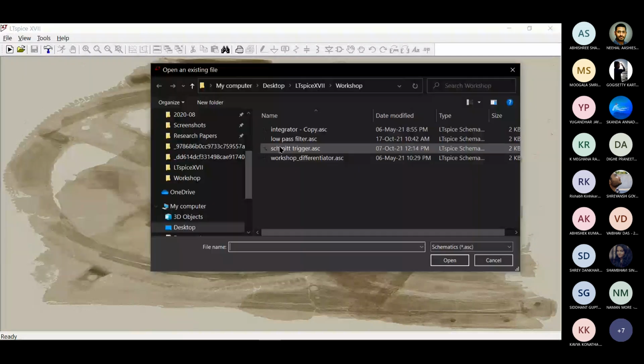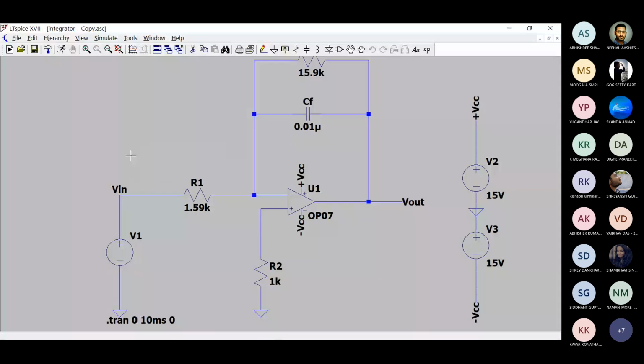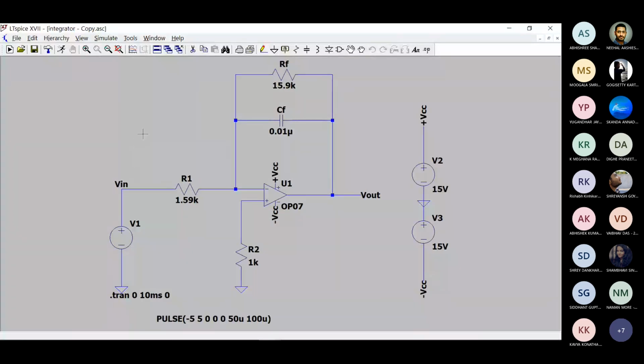Okay, so yesterday our colleagues had talked about operational amplifiers and their uses and different configurations. So today I'll be showing you all the basic circuits and how they operate and how they're used in real life. So this is a circuit of an integrator. Operational amplifiers are made using transistors, and this is the circuit of an integrator. Let me just show you how it works first.